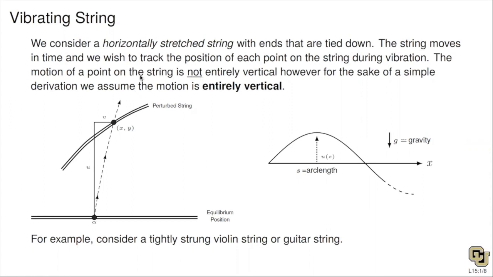In reality, the position of any point on the string is not entirely vertical. Let me do a little experiment with you. Suppose we have our string that's tied down, and let me fix it at the ends here. So the ends are fixed. If you pluck the string, and if we assumed every point on the string moved in a vertical direction,